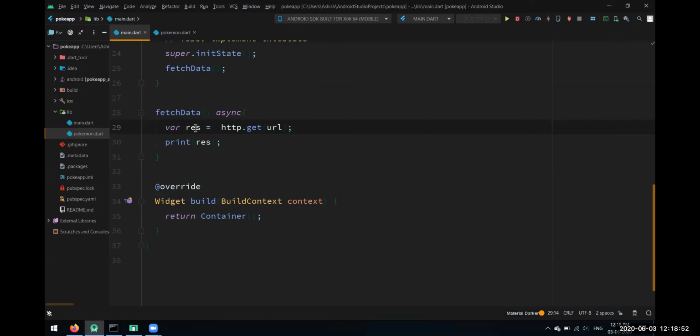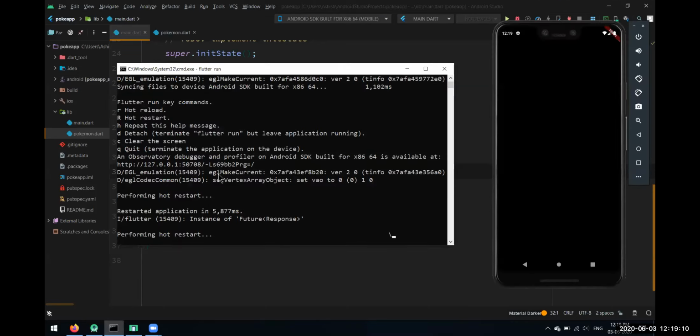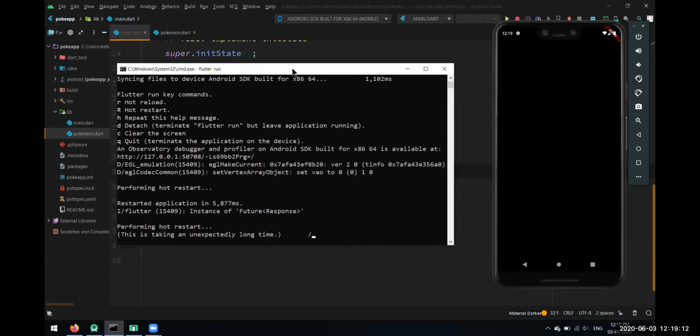We are making an HTTP request and we are getting data from that API. So let's add await. We have this await keyword in Dart, so we could make this await. After that, only this print statement will get executed. Let's just hot restart again and see what we get.